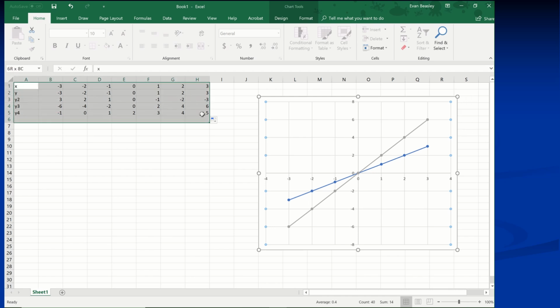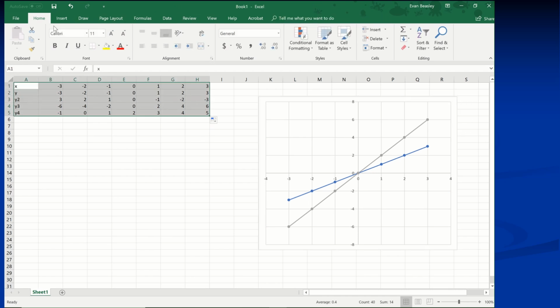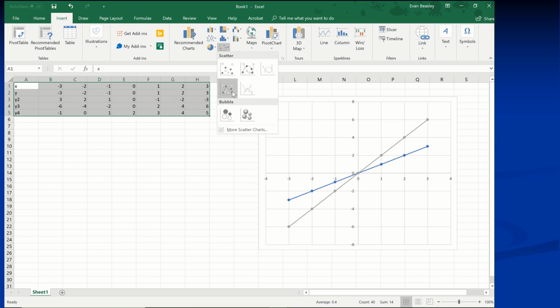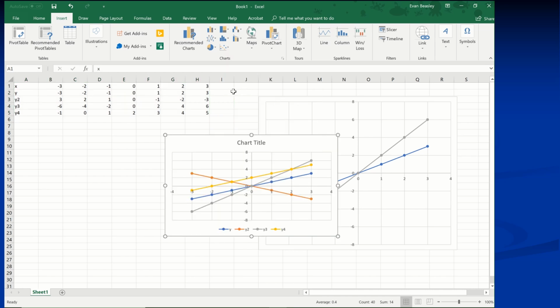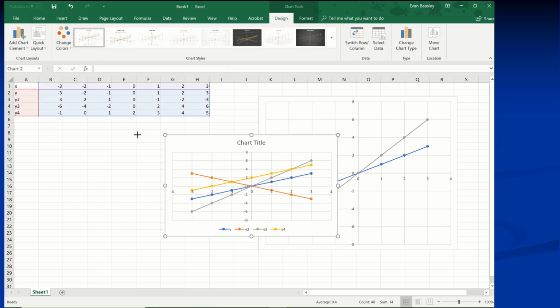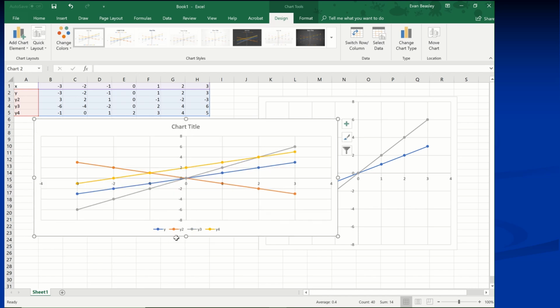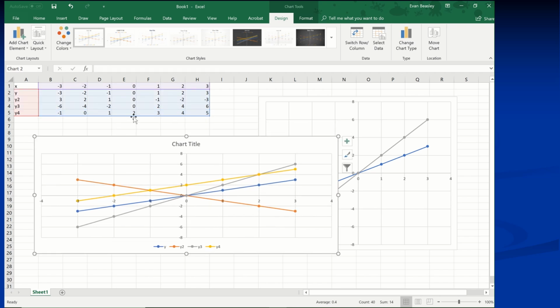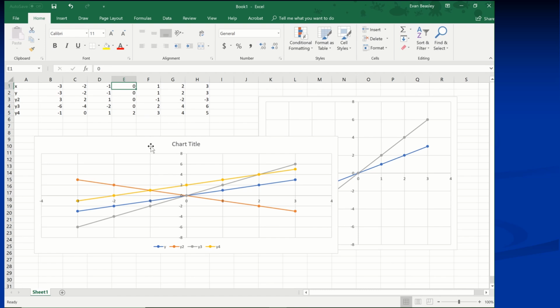Oh, I have to be doing it again because I deleted that line. So we're just going to insert charts. And we've got a bit of a mishmash here, but let's see what we can do. We're looking at y4 in this case, and you can see the effect of adding the +2 is to move that intercept value up. So it's not going to go through the origin anymore. And you can see that that makes sense. When x equals 0, y is equaling